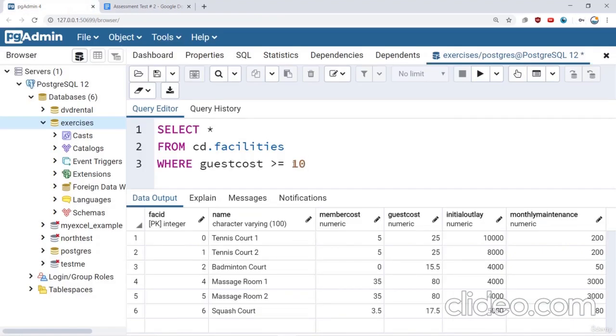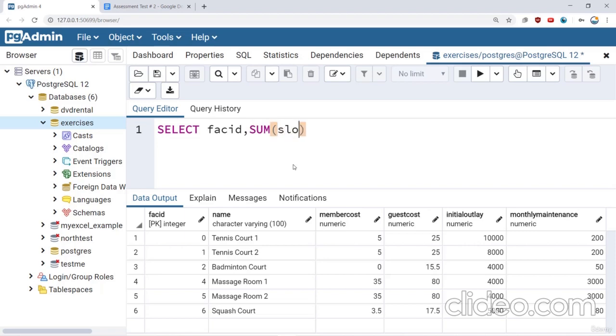So I'm going to clear this. So we want to produce a list of the total number of slots booked per facility in the month of September 2012. So the way we can do that is let's go ahead and select the rows we're interested in. I'll grab facility ID, and then we also want to select the number of slots booked per facility. So that keyword, per facility, should basically alert you to the fact that you're going to have to use a group by statement. So here we're going to sum the number of slots available. So sum of slots as total slots